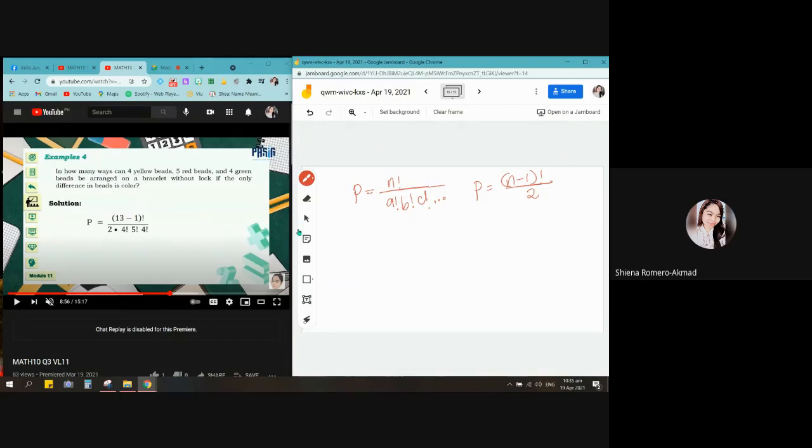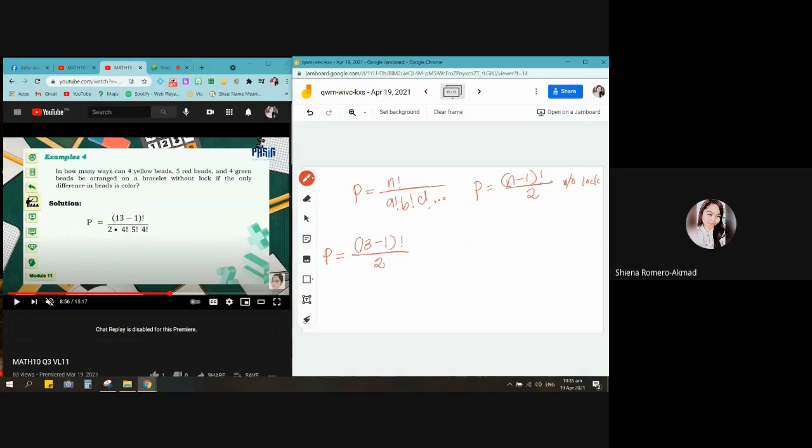Ilan lahat ng beads? 13. So, that's 13 minus 1 factorial, divided by 2. So, that will be our permutation. This is without lock. Without lock. And then after that,